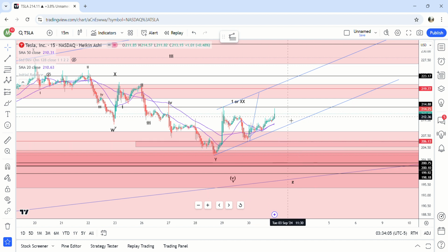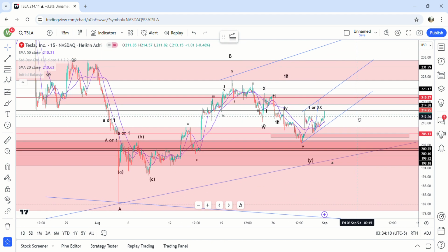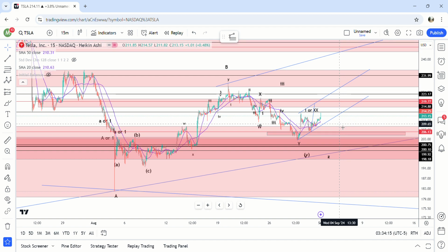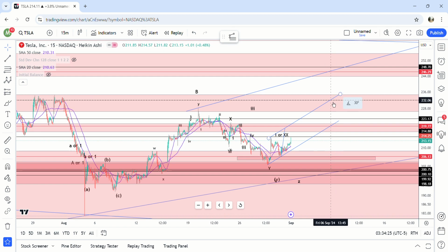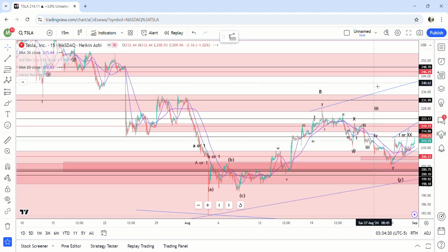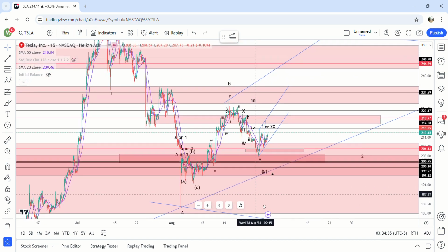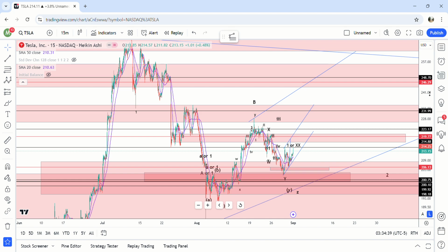The nested move I show is probably not very likely. More than likely, we're headed up to 245 soon, even if we come down here. So very bullish, above the 20, above the 200, tons of support with demand up here, but you do have a gap here at 220. I don't think there's a gap right here. No gap there at 230, and another one at 245. There is a gap above that at 290 as well,